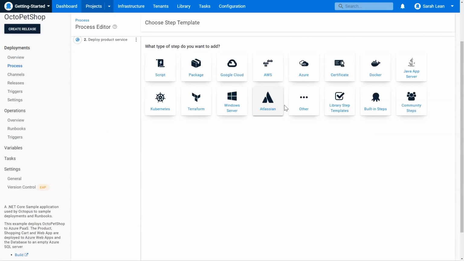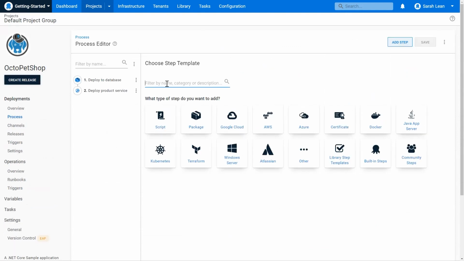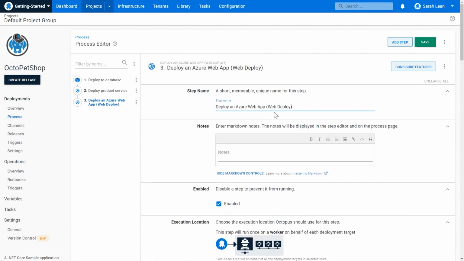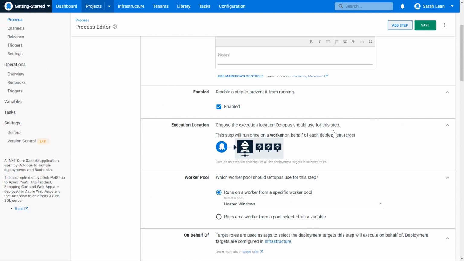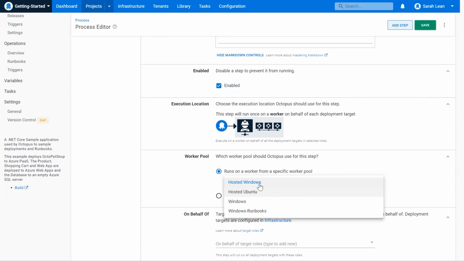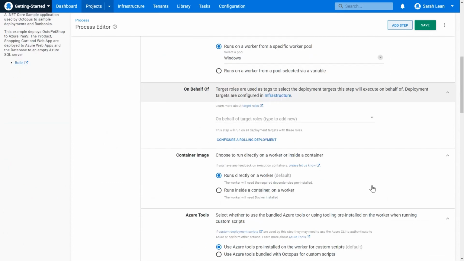So we want to configure our second web app. So we search again for that same step. And we're going to call it this time shopping cart. We're going to follow the same process and configure the same parts within our step. So I'm going to click on my Windows worker.